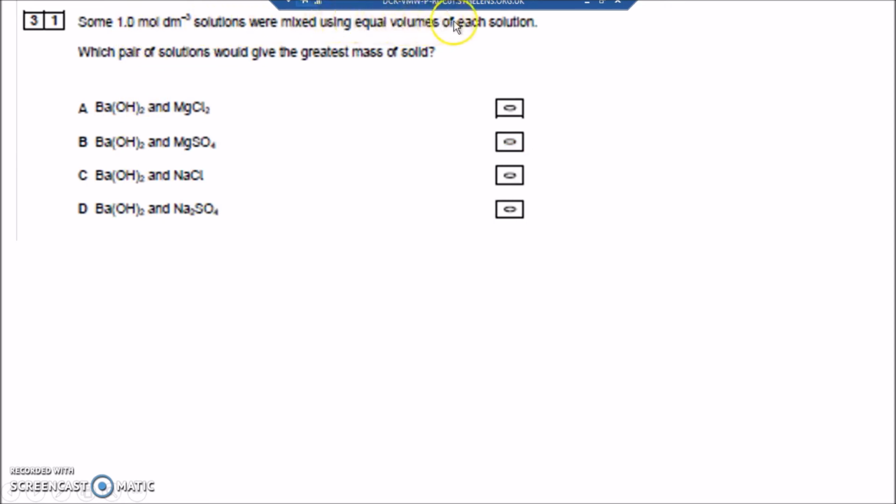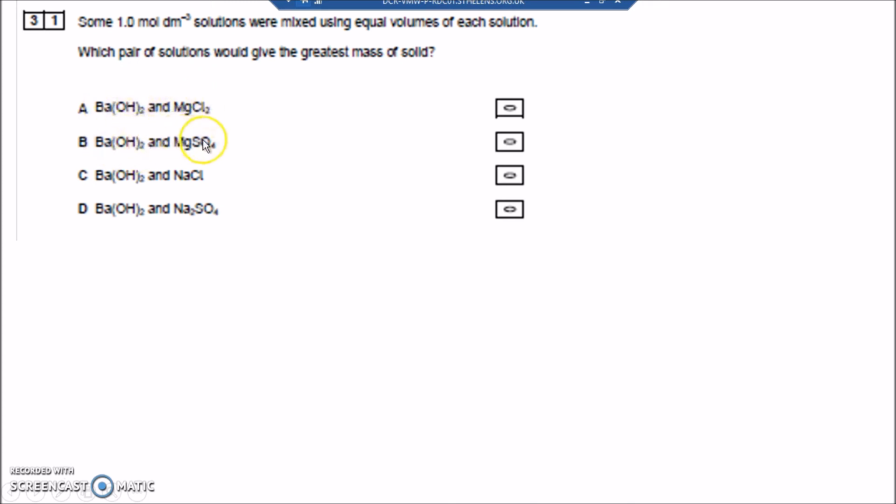Solutions were mixed using equal volumes of each solution. Which pairs of solutions would give the greatest mass of solid? Well, in this one I'm going to get barium chloride and magnesium hydroxide, barium sulfate and magnesium hydroxide, barium chloride and sodium hydroxide, and barium sulfate and sodium hydroxide. Well, for a start, barium chloride is soluble, magnesium hydroxide is insoluble, so I'm getting one soluble and one insoluble